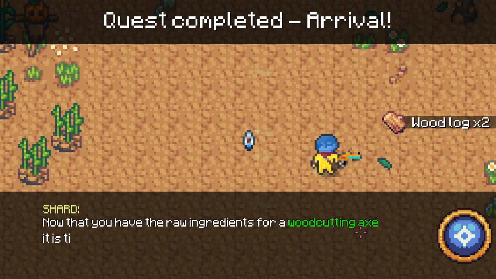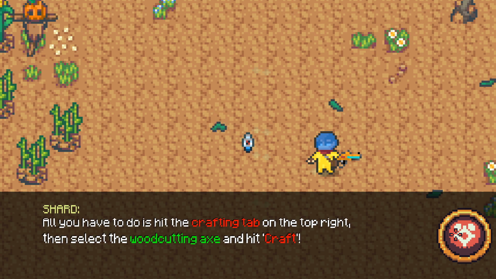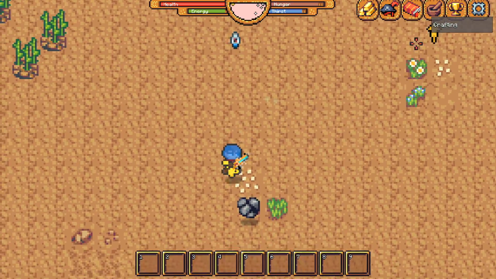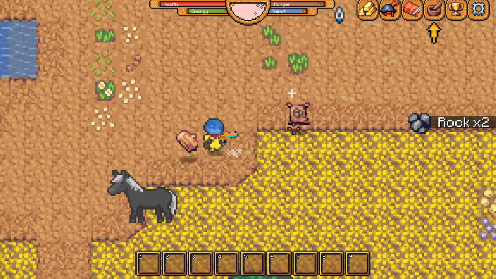See, now that you have the raw ingredients for a woodcutting axe, it's time for us to craft. All you got to do is hit the crafting tab in the top right, then select the woodcut. All right. I will give it a try. So there's our crafting menu right there. First things first, though. I just want to scan around the ship and see what I